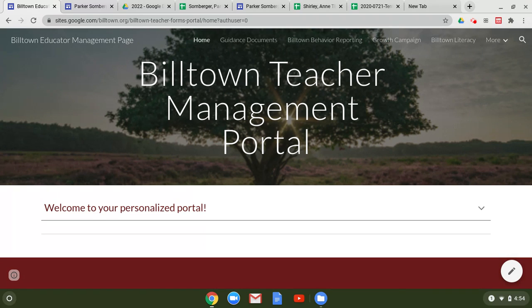And what you need to understand about the Billtown Educator Management page that we're all going to have access to, and then the student sites, the individual learner sites, is that these are just containers to facilitate all the approaches we've been doing for a long time, like pathway education,